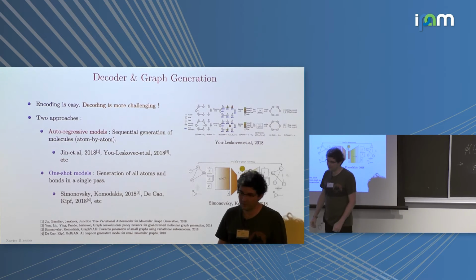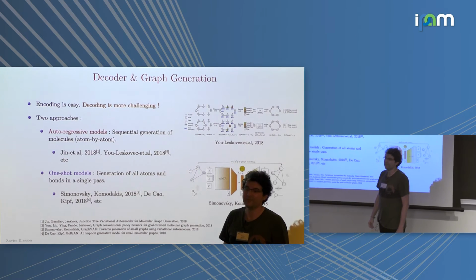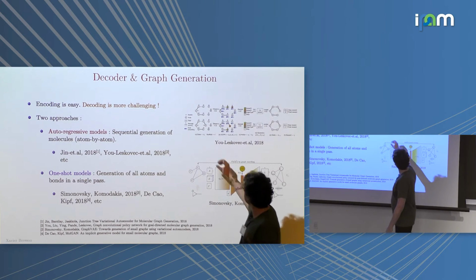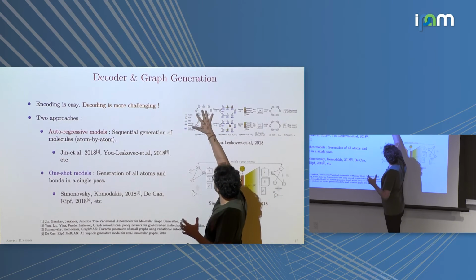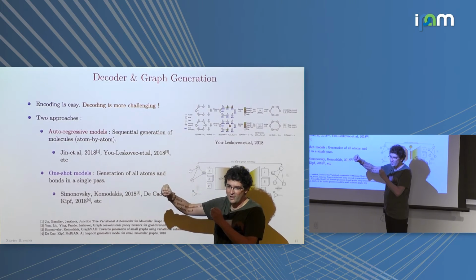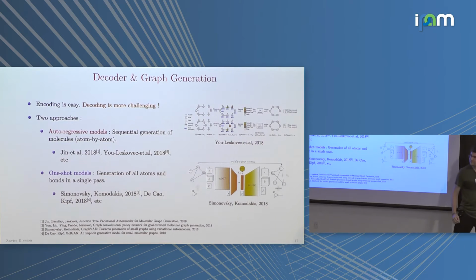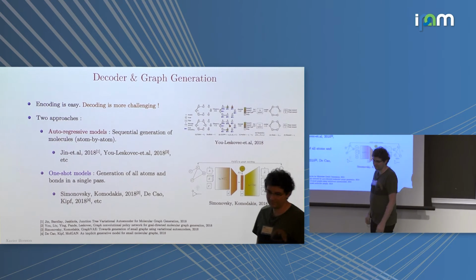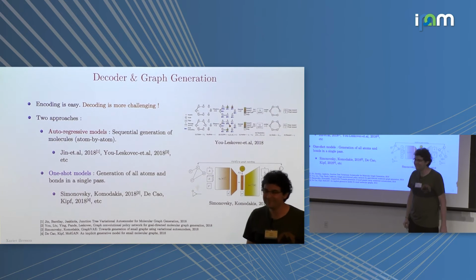Is it sequential generation of molecules? When you say atom by atom, you mean literally sequentially in space? Yes, sequentially in terms of atoms. So you are at this stage, and then you want to know what is the next atom, and then what is the bond. So I presume those would be difficult, because an error early on in the generation process could accumulate and mess up the whole rest of the molecule.